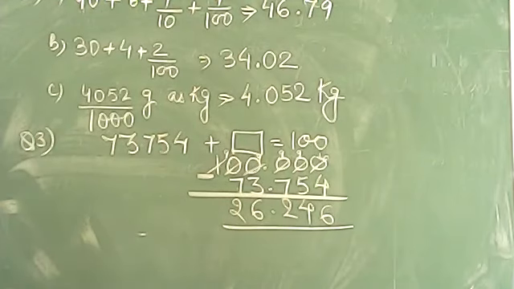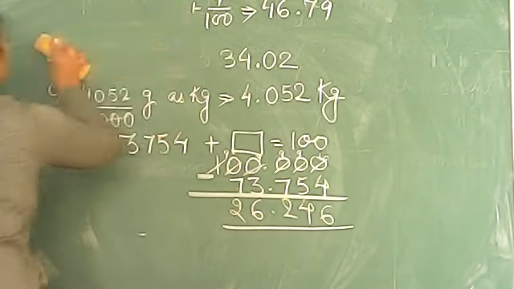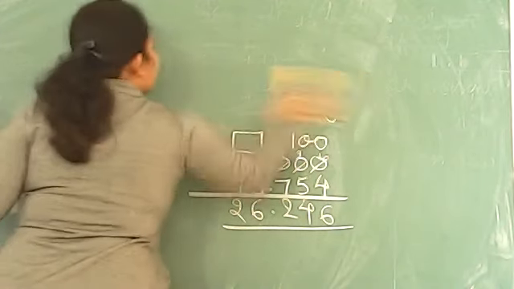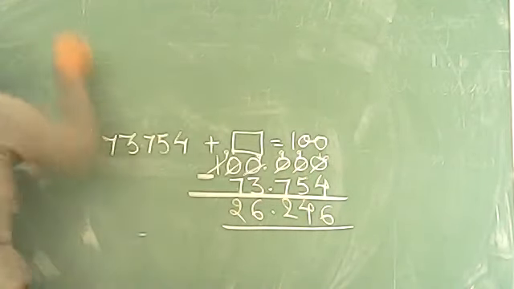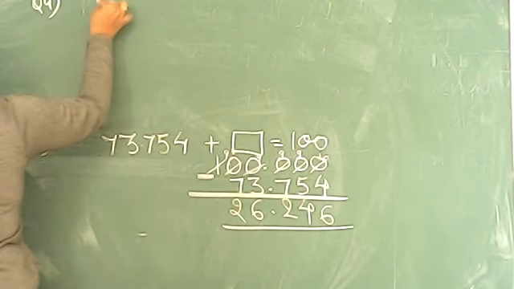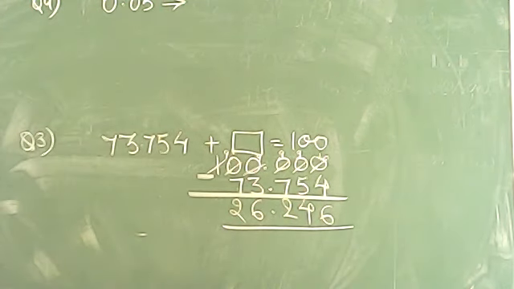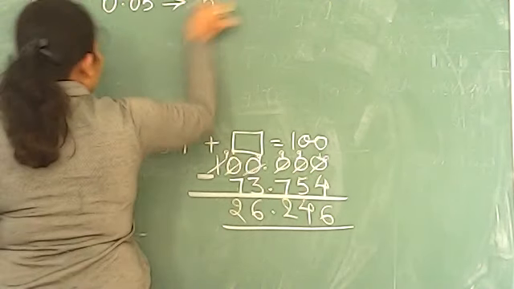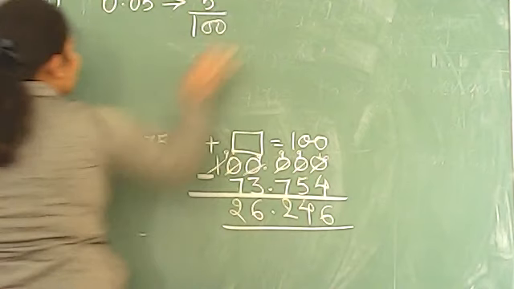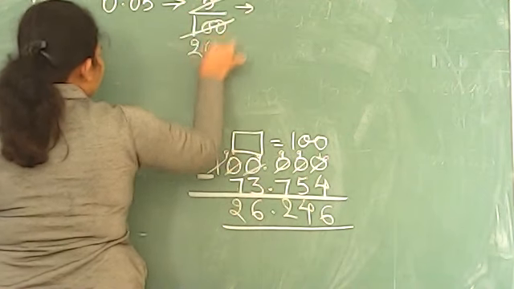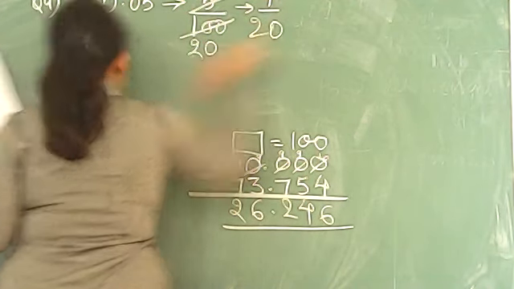Okay, 26.246. Now move on to the last question of the homework part, which is given in the form of decimal and you have to convert into the form of fraction in simplest form. So question number 4 is 0.05. Okay, and you have to convert it in the form of lowest terms. So 0.05 को जब हम form of fraction convert करेंगे, it will give you 5 by 100, and 5 by 100 you will be cancelling as 5 ones are 5, 5 twos are 10, 0 का 0, 1 by 20.